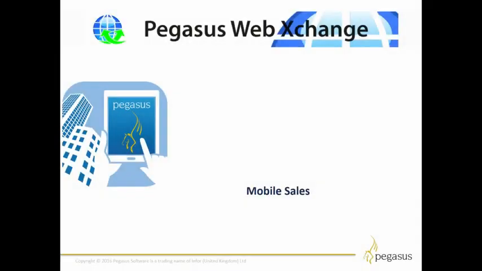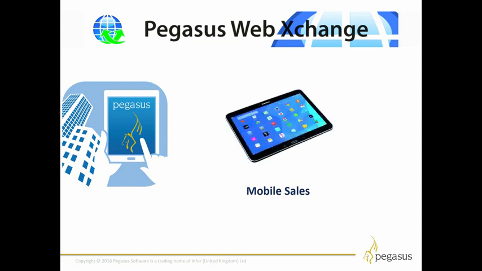In the world of mobile devices, many companies are embracing the concept of allowing their employees to use their tablets to access some of the company systems remotely. This enables these employees to make more effective use of their time, especially if they're working in a sales role and are not office-based. This means they can use technology as an enabler to help them communicate effectively with their customers. The whole purpose of the Pegasus Mobile sales app is to improve access to this information and to help